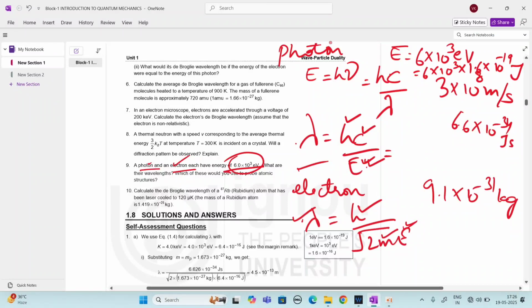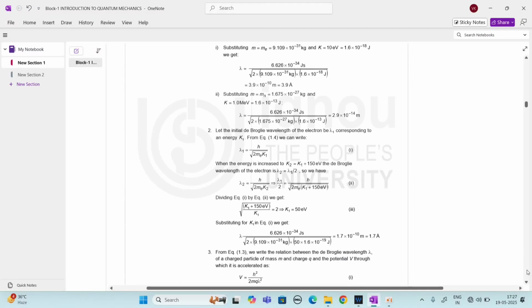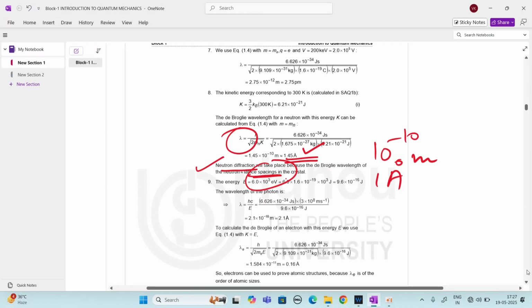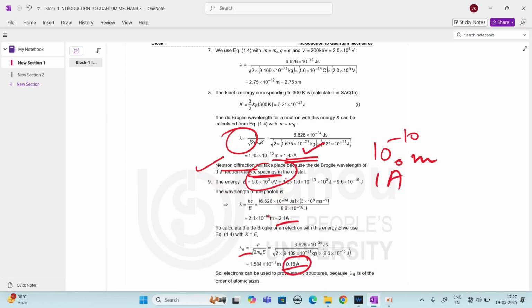From these two formulas we will find the de Broglie wavelengths for both the photon and the electron. And we can see from the calculated values that the wavelength of the photon comes out to be 2.1 angstrom and the wavelength of the electron comes out to be 0.116 angstrom. And from here we can say that this value of the de Broglie wavelength of the electron is more comparable to the size